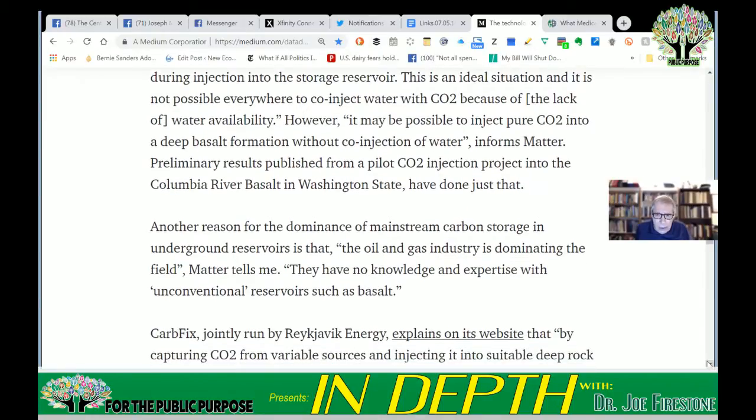Unquote. However, quote again, it may be possible to inject pure CO2 into a deep basalt formation without the co-injection of water. Unquote. And preliminary results published from a pilot CO2 injection project into the Columbia River basalt in Washington State have done just that. So it's already feasible to inject the pure CO2 into such a formation because they did it here